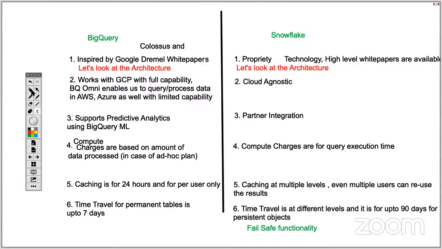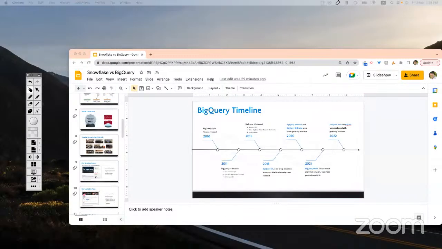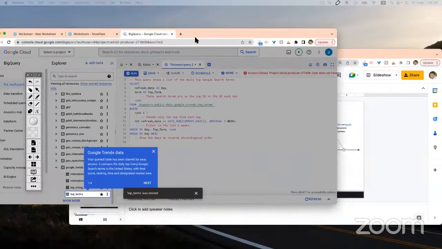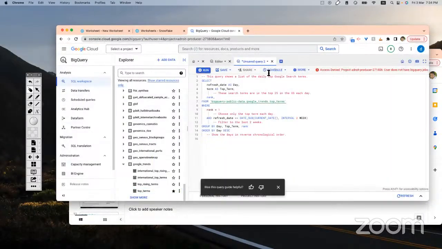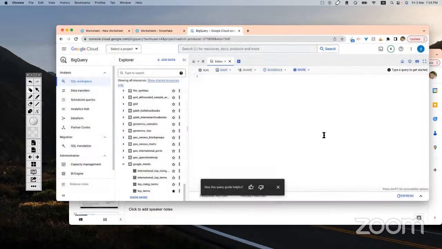Let me show you the BigQuery console very quickly. This is the BigQuery console. I'll close this. And there is an editor. I can bring some queries for you.